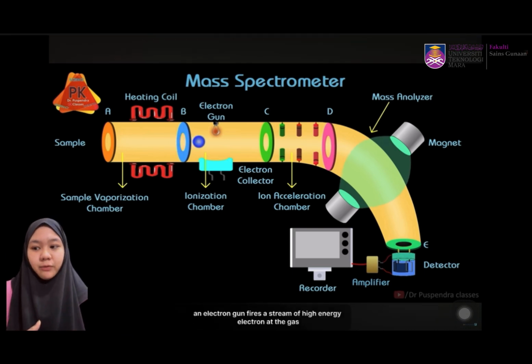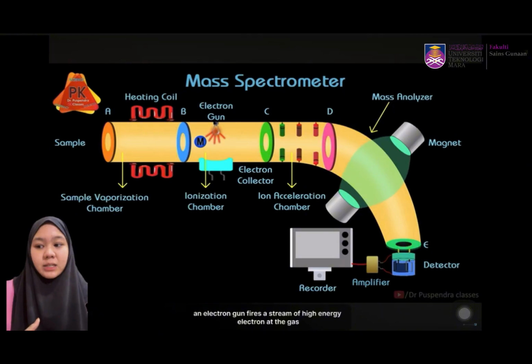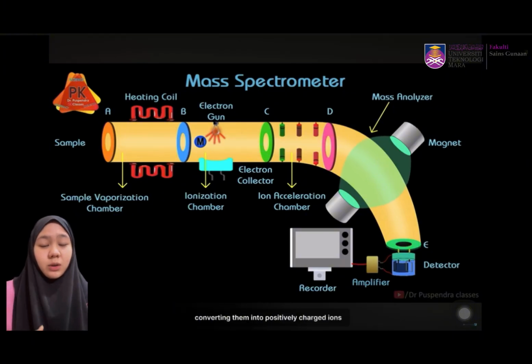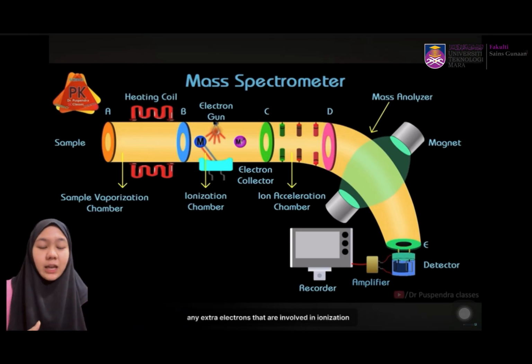Here, an electron gun fires a stream of high-energy electrons at the gas molecules. This knocks electrons off the molecules, converting them into positively charged ions. Any extra electrons that are involved in ionization are captured by the electron collector, so they don't interfere with the rest